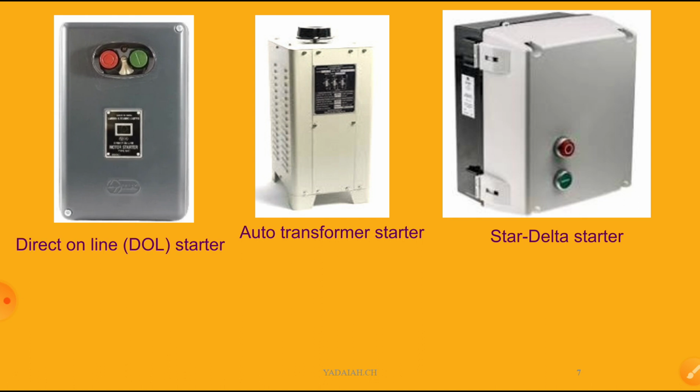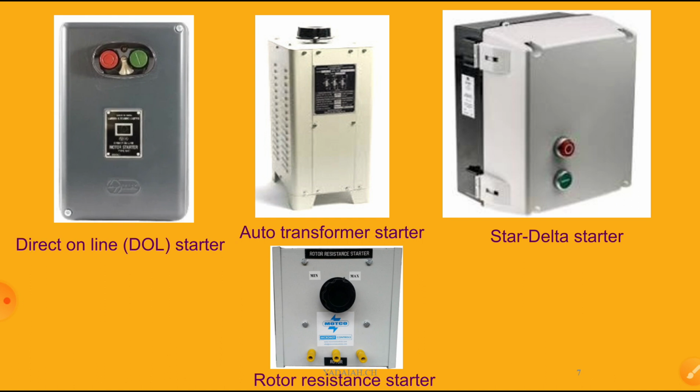Now another starter is the rotor resistance starter. Inside it has resistance values, similar to the 3-point starter and 4-point starter, which have initial starting resistance. Similarly, here also we have some resistance inside. That means three variacs are connected inside, and the resistance can be controlled. Similarly, we can control it by a knob, so with a knob we can control this value.